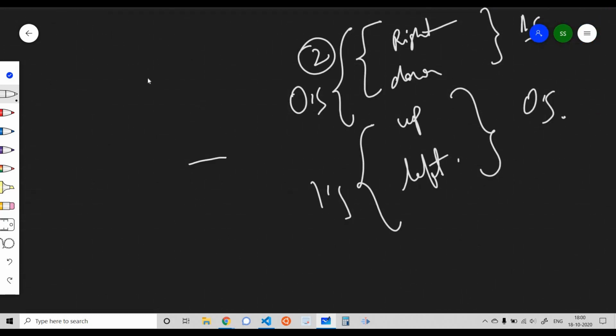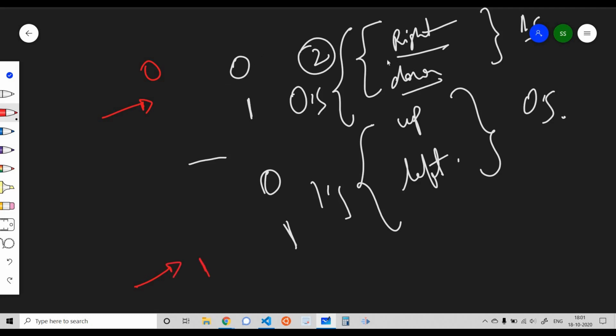Now there is one more case which is remaining. Suppose one of them is 1 and one of them is 0 when I'm talking about right and down, and in the other case as well, when one of them is 0 and the other one is 1. So in this case what I need to do is choose which entry point I want to make a 0 and which entry point I want to convert into 1. So let's say I'm converting this starting right or down into 0 and converting this into 1.